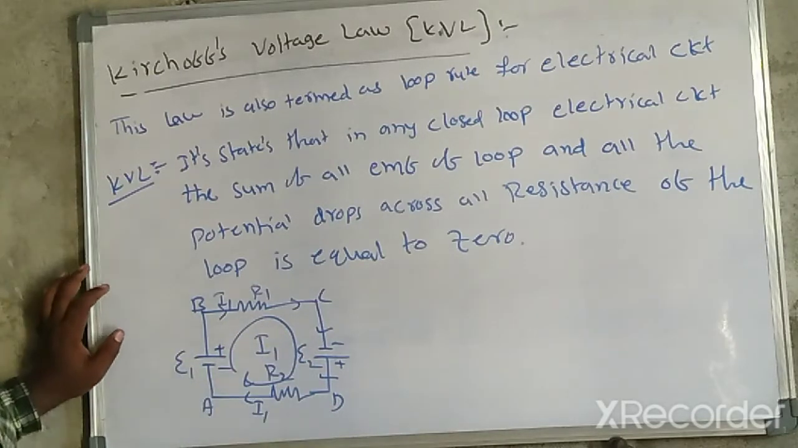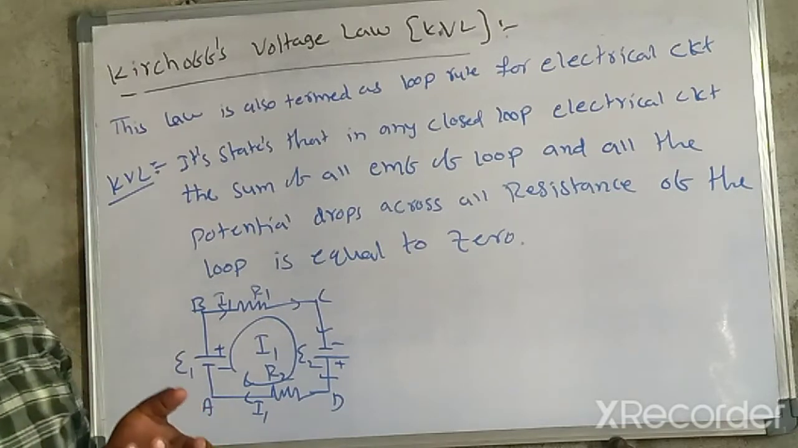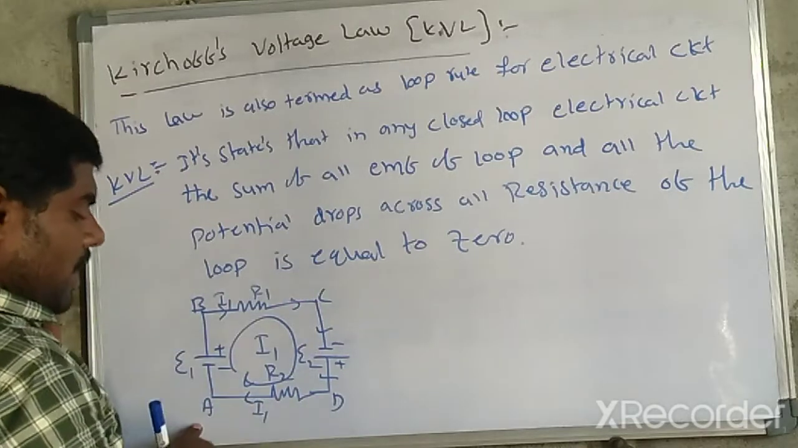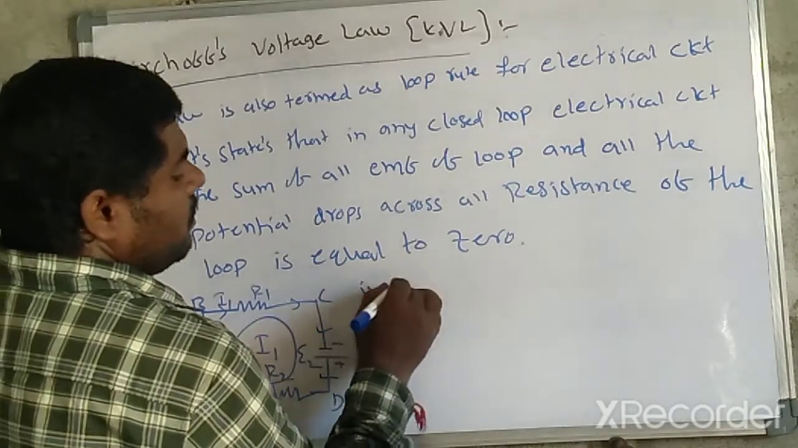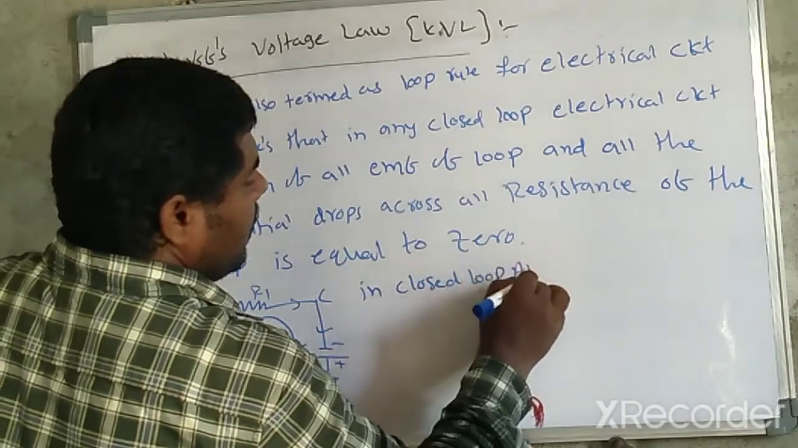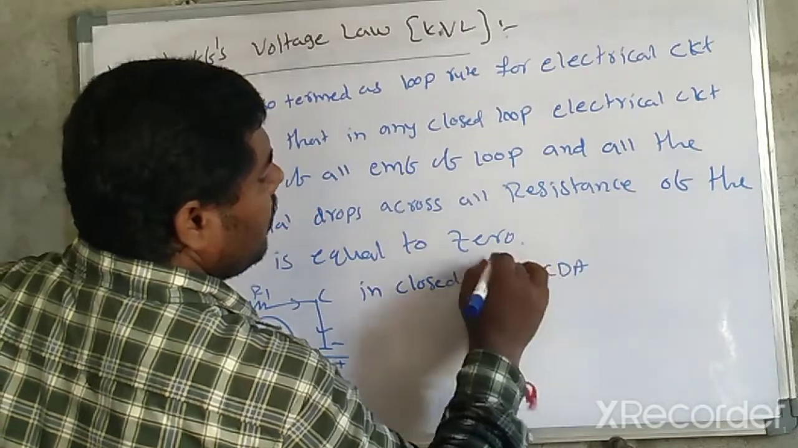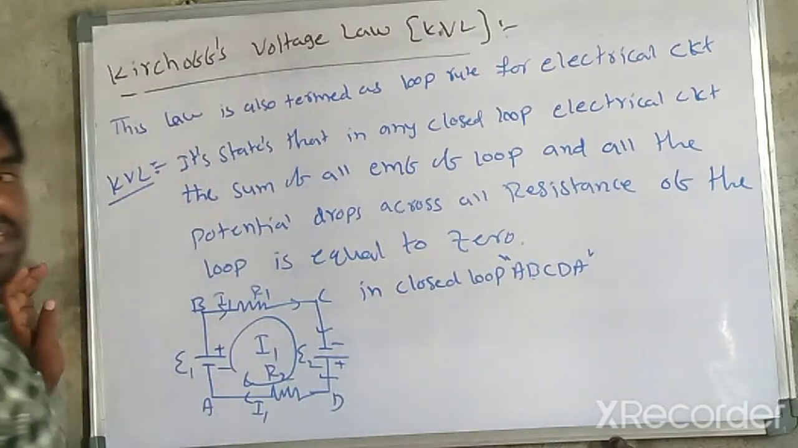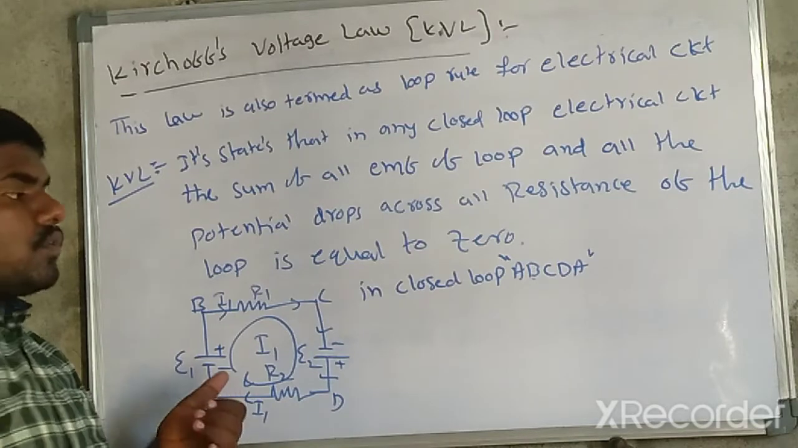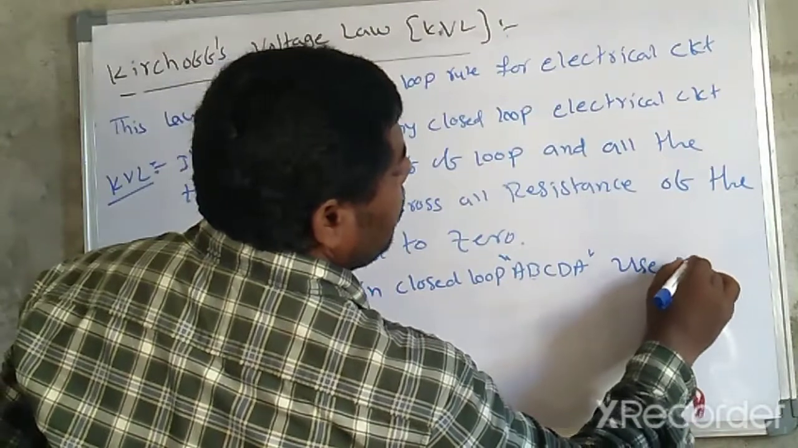First of all, we find the loop. Which loop? A, B, C, D, A is a closed loop. Here, first of all, using KVL in the closed loop, we get